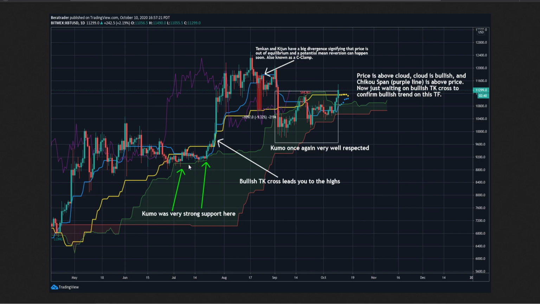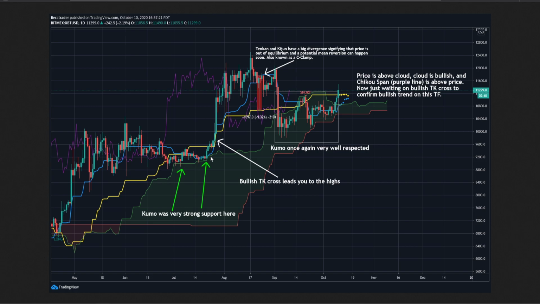And you can see here on the top of the cloud. So again, this whole structure here is your Kumo or your cloud. And you can see that the cloud right here provided really, really nice support for price. Price candles did not close inside of the cloud at all. So anytime that price came down into the cloud, you got a nice reaction, and it really held price nicely